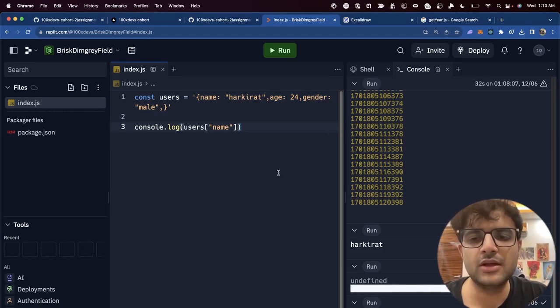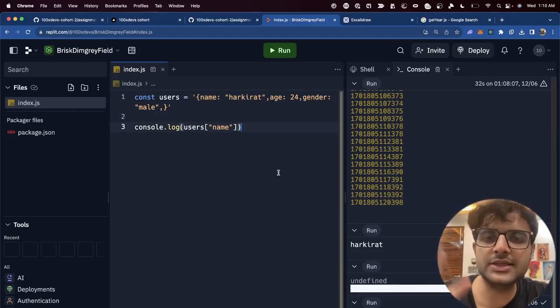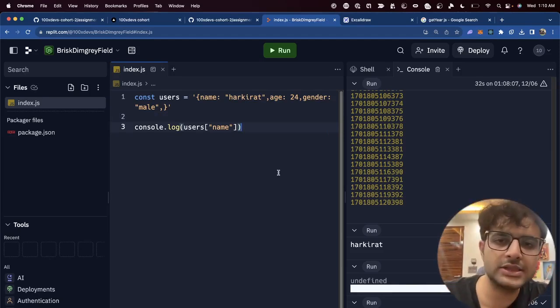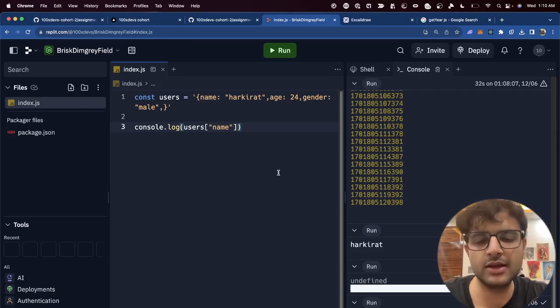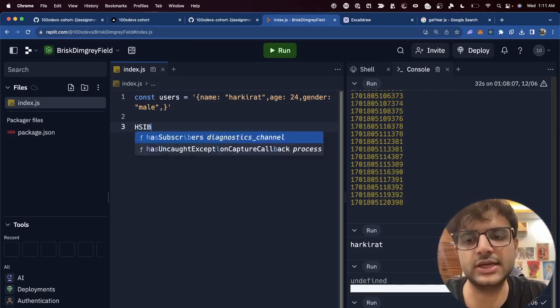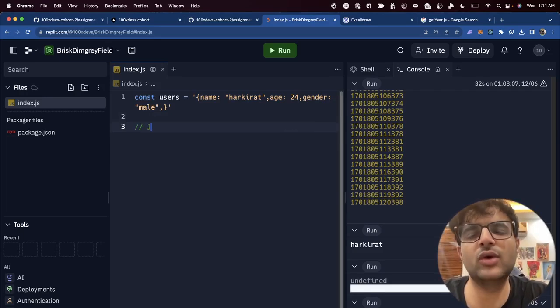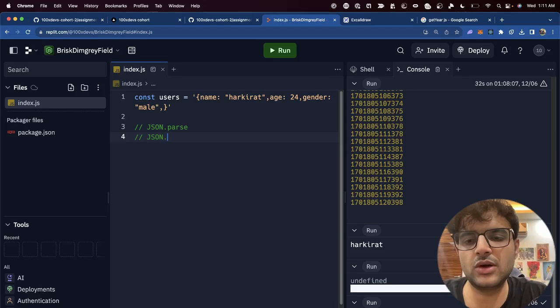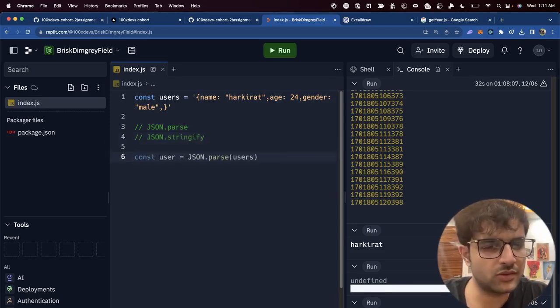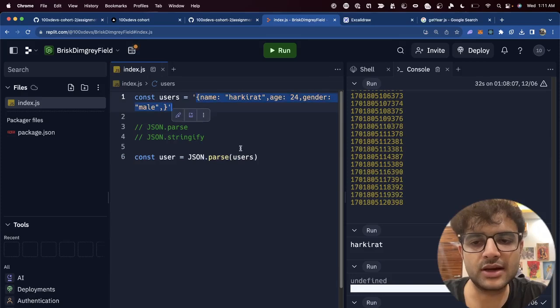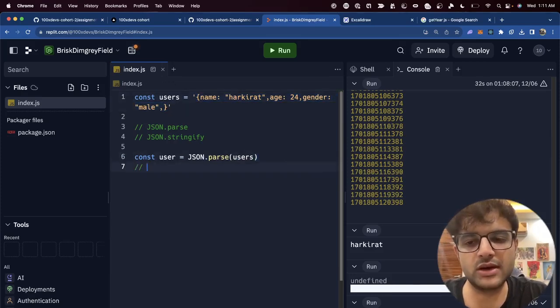For that reason, you will need to, a lot of times, interchange between a JavaScript object and a JavaScript string. And for that, you need this JSON class, which gives you two high-level functions, JSON.parse and JSON.stringify. The names should be sort of self-explanatory. If I do const user equal to JSON.parse users, it will take this string and parse it into an object. So it will convert it into